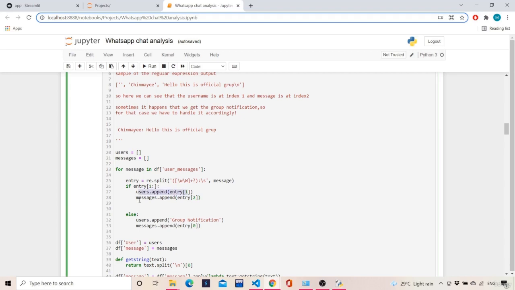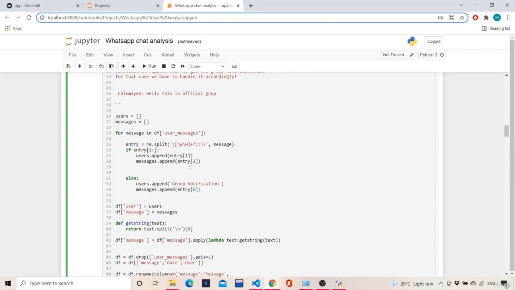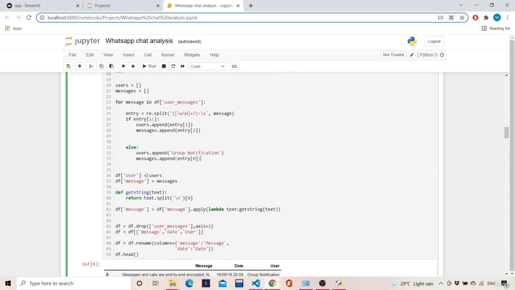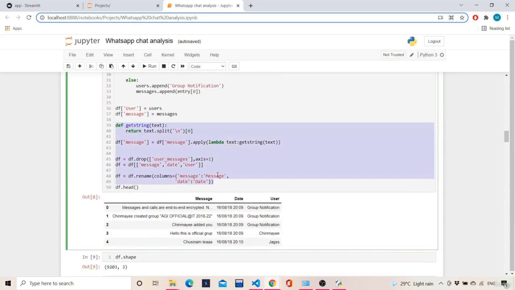So we get the name of the user, and then we get the message of the user which he or she posted, right? So this is possible only when the length of entry is greater than 1, right? If the length of entry is less than or equal to 1, it's a group notification. By default, it's a group notification. So users.append group notification, there is no message linked to it, right? So what we are doing, df of user is equal to users, df of message is equal to messages. So if we just see how this looks,